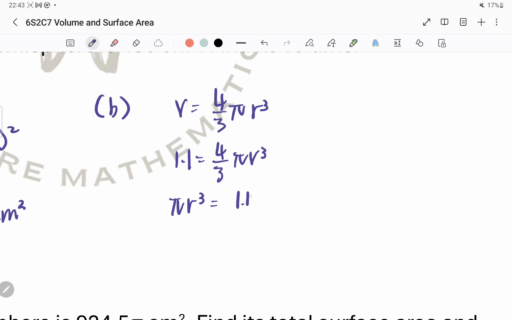So you should have 1.1 multiplied by, swap your fraction, always remember this is a shortcut, 3 over 4. Don't multiply them first, because you will get a lot of decimals. Throw everything to the other side first. So pi you bring over, you should have r cube equals to 1.1